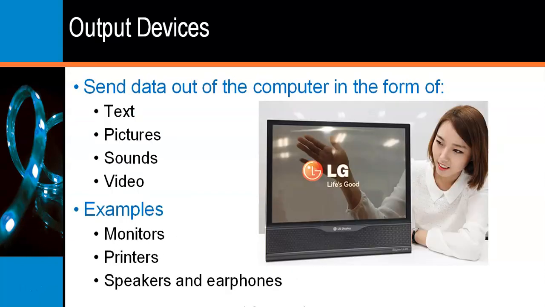Output devices, the devices that we use to send data out of the computer, can take the form of text, pictures, sound, or video. And the examples of this include your monitor, your printer, your speakers, and your earphones. And something that we tend not to think too much about. Most of us have a cell phone. Most of us, whether we use it or not, have a mode in our cell phone that allows it, when it's ringing, to not ring, but like we're in a meeting or whatever, it will simply vibrate. Let us know that someone's trying to reach us, but without creating the noise. And that is yet another type of output that is out there.